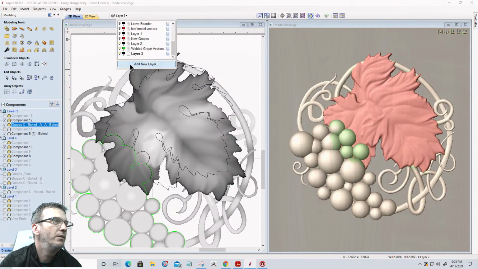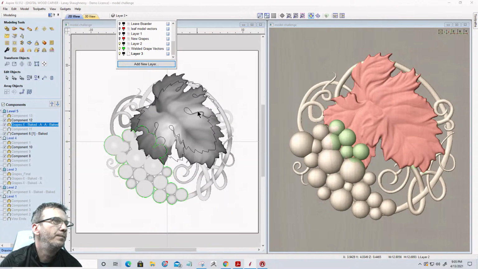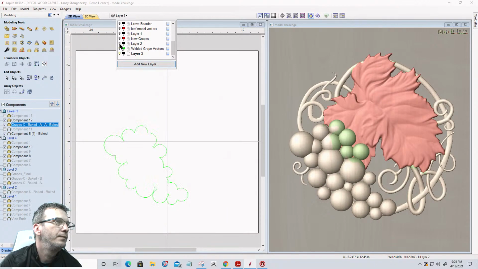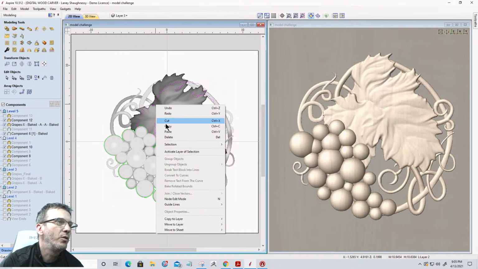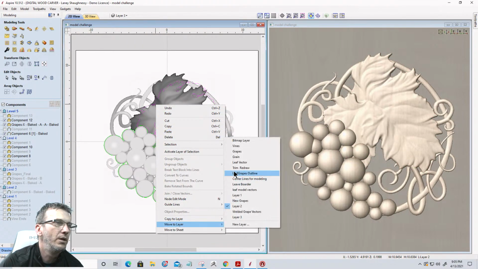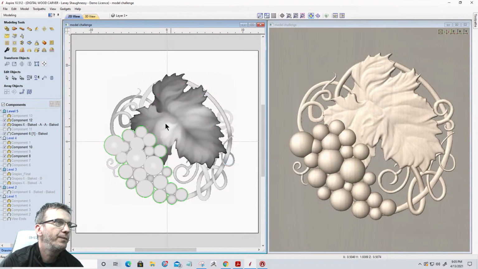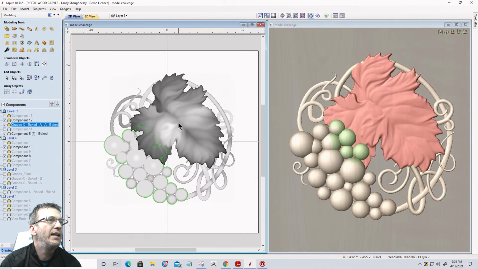Add a new layer. Bear with me, there's another layer on somewhere. Oh no, it's on that one. Okay, let me move this real quick. Move to leaf vector. Okay, I could take my leaf here and use the trace boundary tool to create a